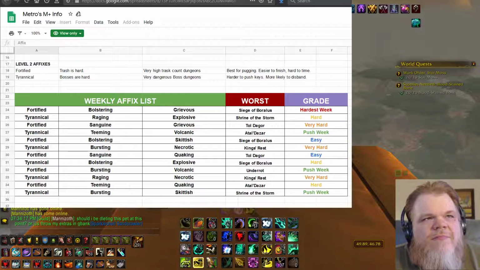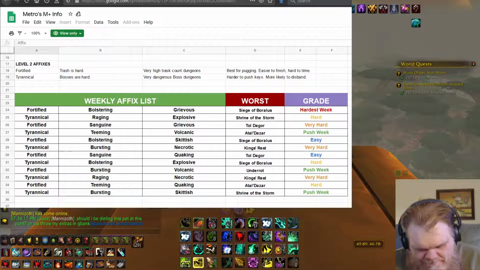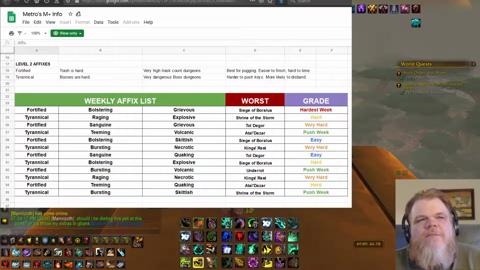mob dies, it applies a magic debuff to you. Now, this is actually shadow damage. I'm pretty sure it's shadow damage, and it can be AMS. So it's an affix that I often laugh at, but it is one of the harder affixes in the game because there's a lot of trash in the game that you just simply cannot ignore Bursting on. And a couple packs like the Sarid packs in Atal Dazar, you're going to have trouble with